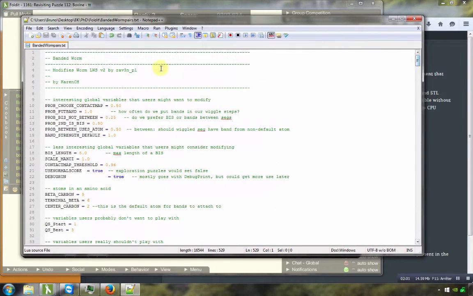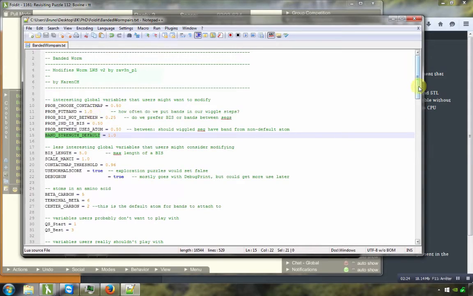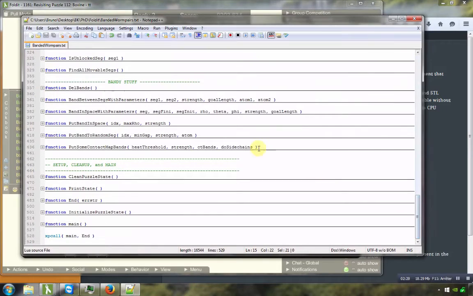If I double click on a word, for example, here, this is a variable that is assigned at the beginning. Now the view folds all. It folds all the functions, so I have a clearer view on my recipe. It seems easier to read. So basically, you have the parameters in the beginning. We have a lot of functions, and then at the end, the program will start.